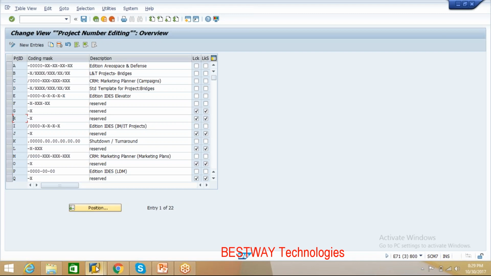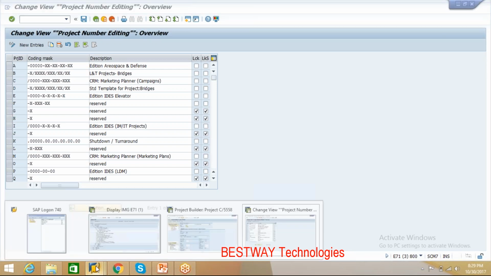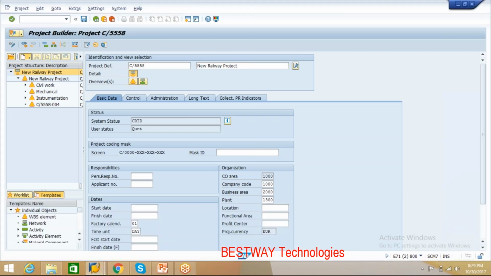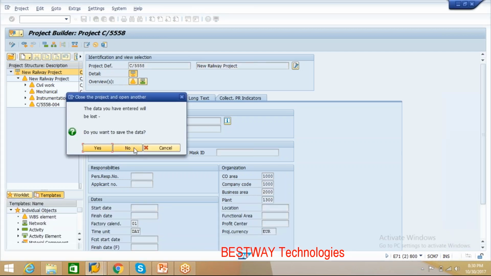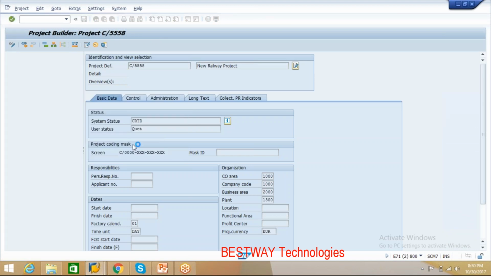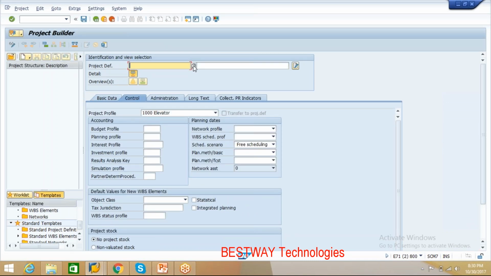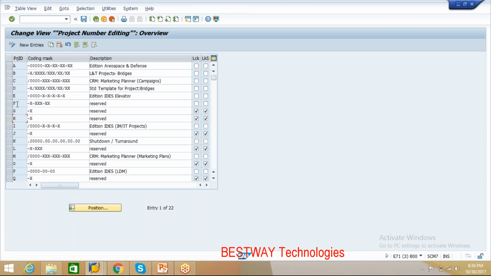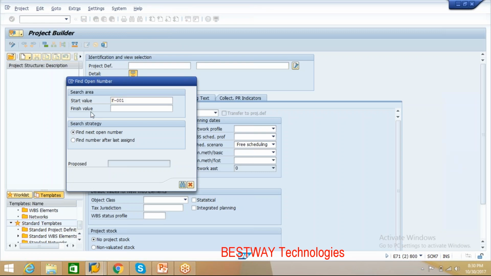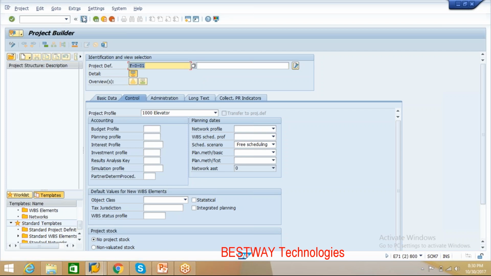So if you try to create a new project using the reserved IDs, say for example here F, so if you try to do F,